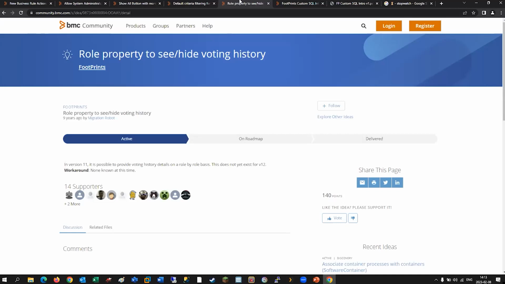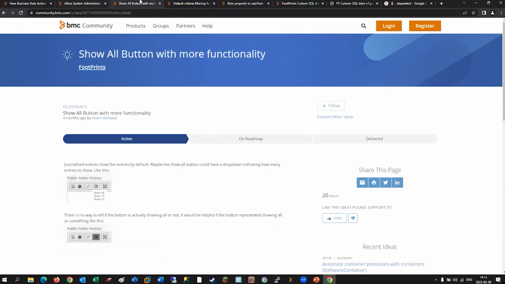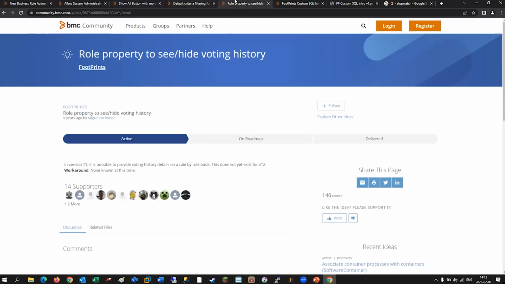So that's the 5 feature requests I have for you today. So unlinking a record, system administrators to use concurrent licenses, the show all button to be a little bit more functional, default filtering on link controls, and being able to control via permission the voting history. Okay, next up, my first topic for today is going to be